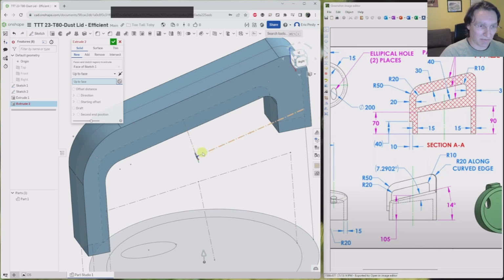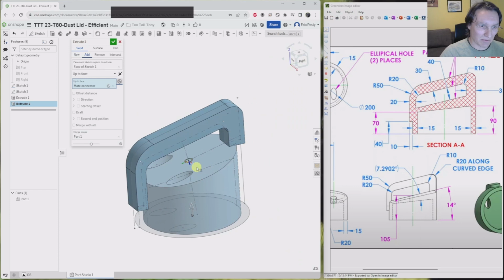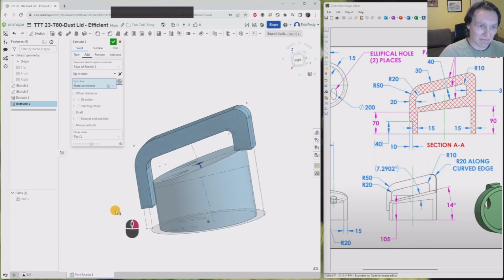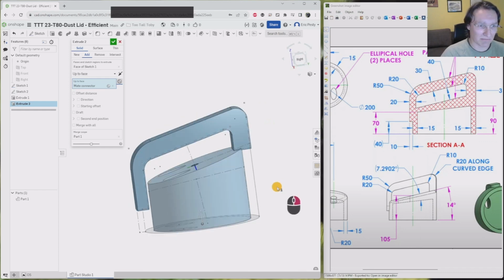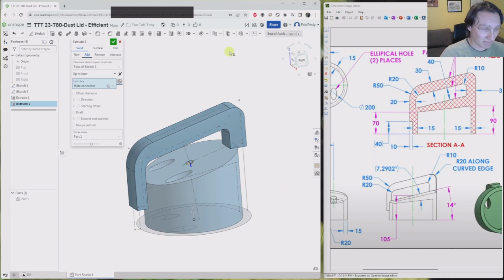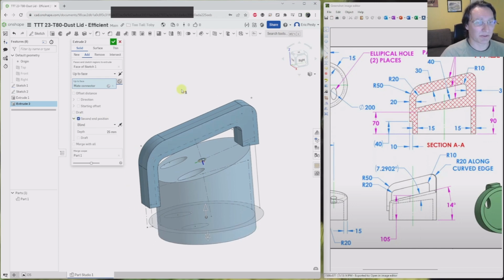So basically I just want this endpoint here, but the easy way is mouse over line, hold shift, snap to here, and you will see that it creates my endpoint and end of extrusion normal to that mate connector on that point, which is pretty cool because it's really easy to do. If all you had to do was put this line in the layout sketch, you can use it directly. And now you're not even done, because Onshape has a second end position, which is similar to SolidWorks second